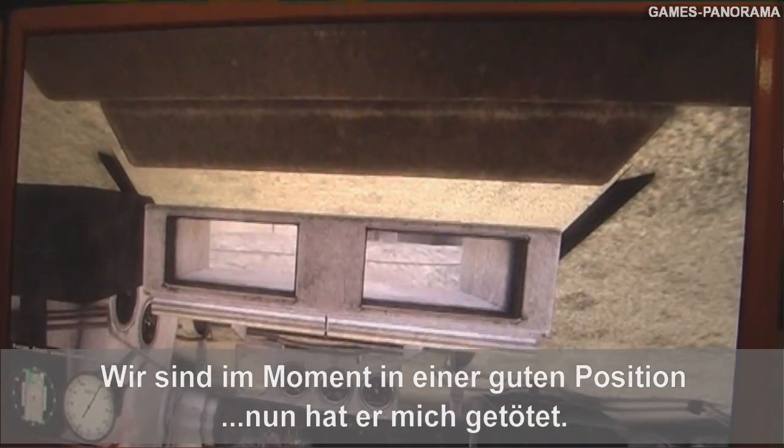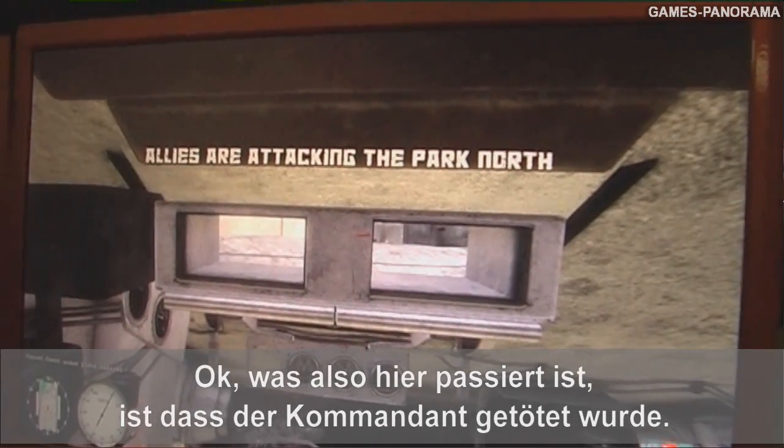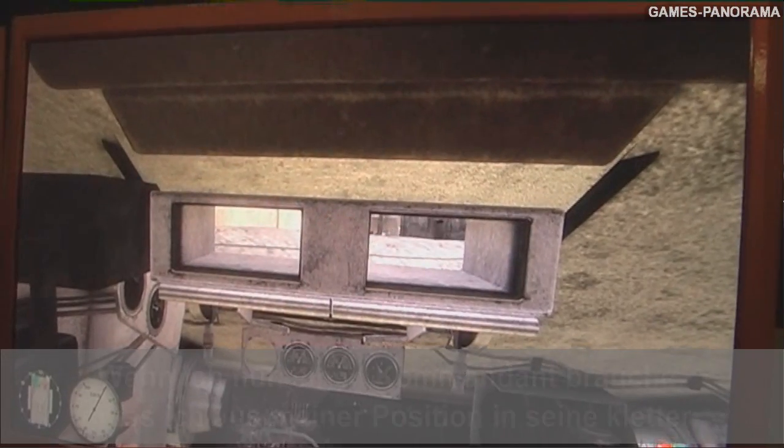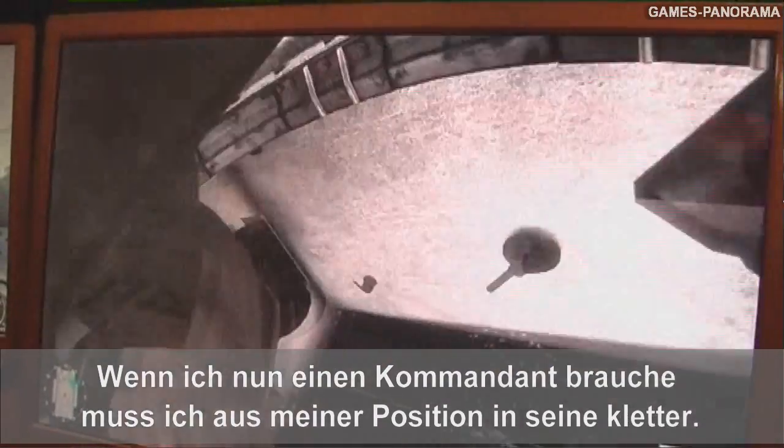He's just killed me. Okay, now what's happened there is he killed the commander. There was a penetrating shot on the turret. If I need a commander in a position, I'm going to have to climb out of that position. Oh, no, sorry, wrong guy. I climb out of the position,